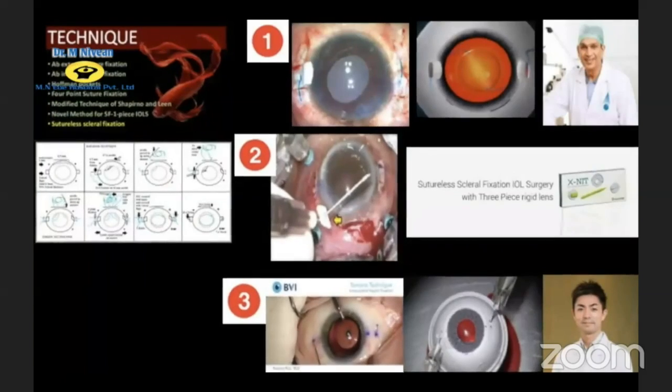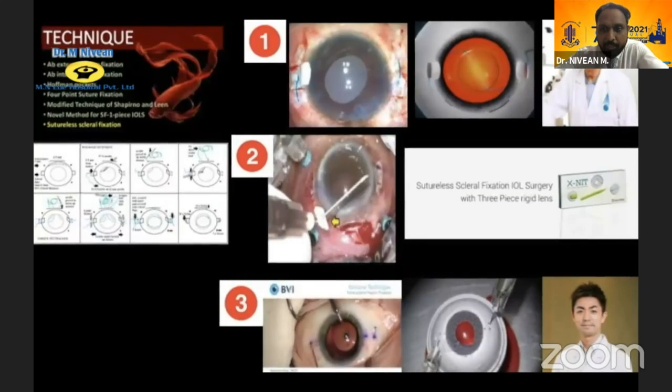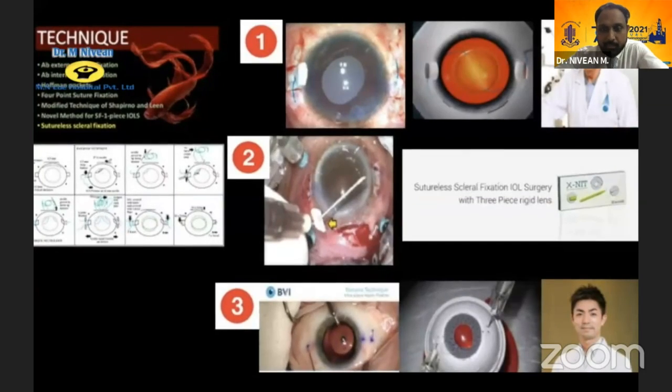As you know, all innovations come with the question why, and that's how my innovation started 2 years back. So already we had all the speakers go through all the techniques. We had the sutured SFIOL techniques for more than 2 decades now. And then came the glued IOL technique, which is modified from Charles's technique, tucking it into the haptics. And then you had the Xnic technique by the Arvind group, and Prabhu showed how they externalized the haptic and the usage of the stopper. And then the Yamane technique and various modifications. But these were all using the existing 3-piece IOL.